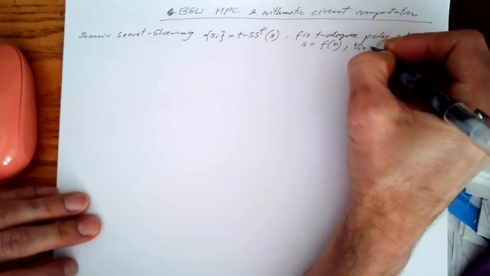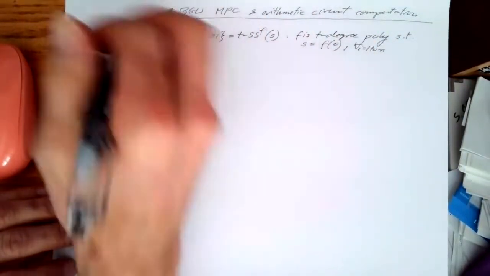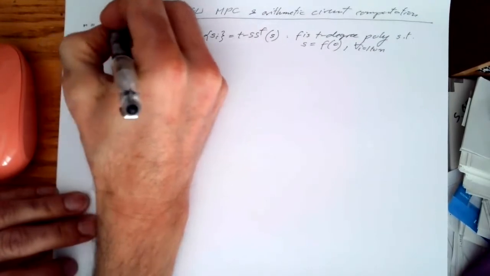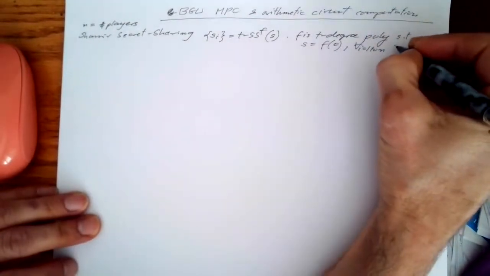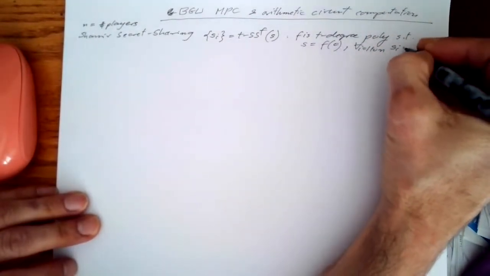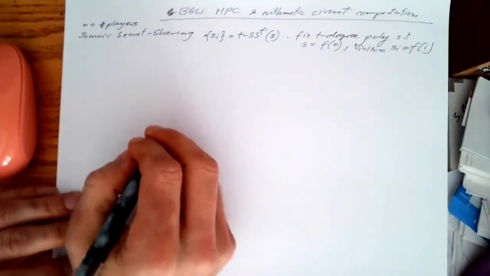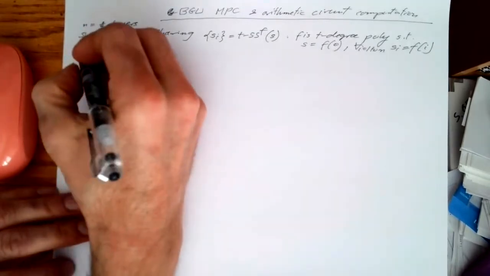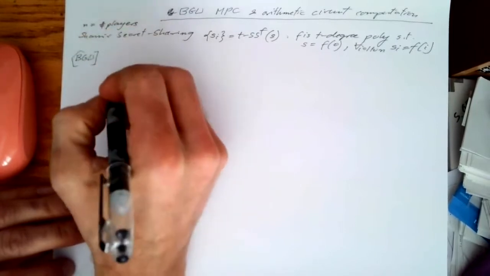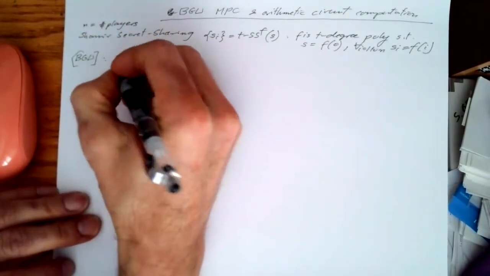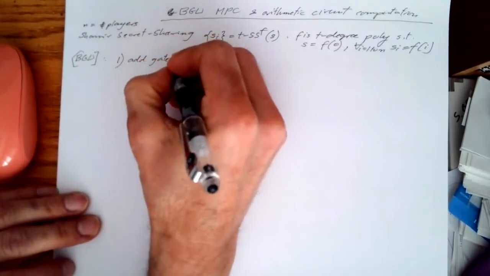for every i from 1 to n, because there are n players, okay, so n is the number of players, the share S_i of the ith player is f of i. Okay, so that was Shamir's secret sharing. And BGW uses the following observation. So first of all, add gates are free,